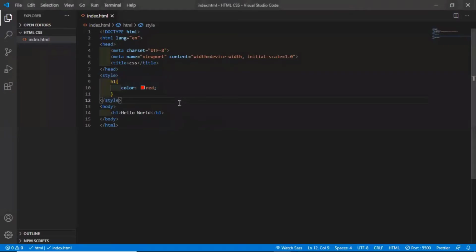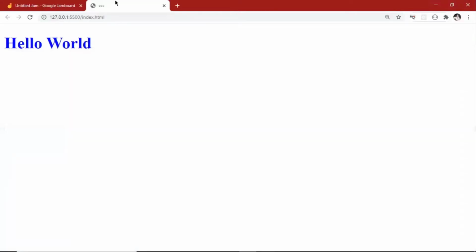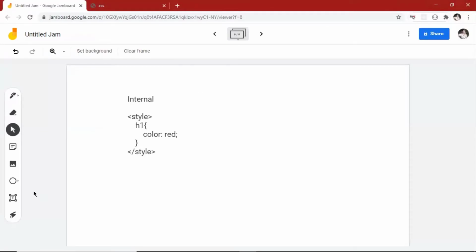Now external. Before doing external, let's try inline. Let me comment it out. And to do inline, what I'll do is style, color, blue. Let's check. Now you see it is blue color. So this is a type of inline CSS. Let me write it down here: inline CSS.